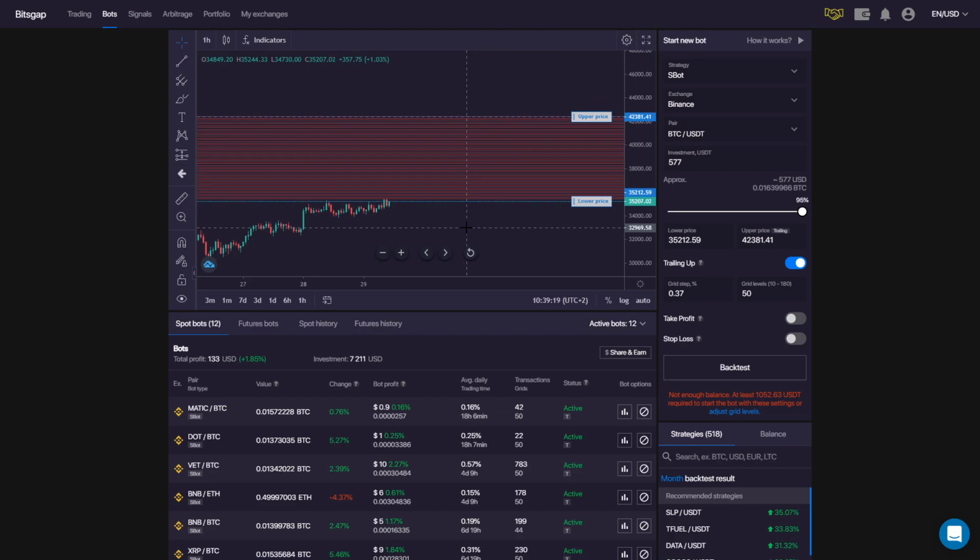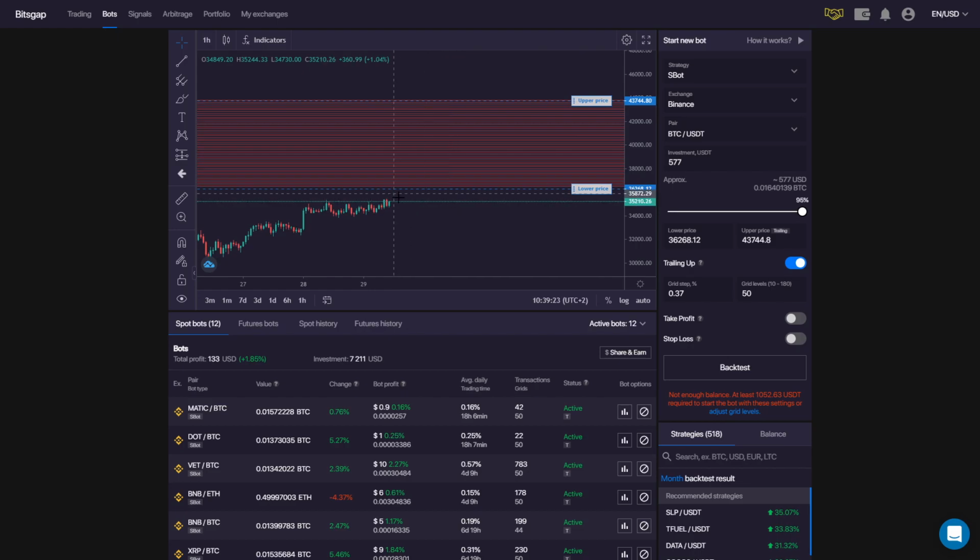The market came out at the bottom, it's below it. Now what I personally do is, I look at my upper price, I keep it the same, and I just move my lower price down to my upper price. And that will make your grid steps a little bit wider.